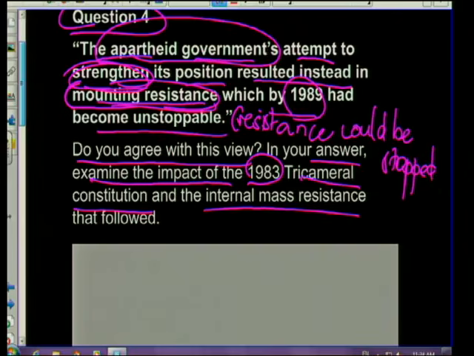And the apartheid government struggled to bring the resistance to a halt, and thereby tightened up their security measures. We'll talk about the state of emergency and the ongoing resistance that took place that made the apartheid government ungovernable. If you look at the essay question again, you've got to have an introduction, you've got to have a body with many paragraphs, and you've got to tie up your argument in your conclusion.